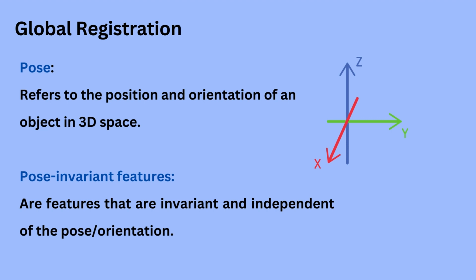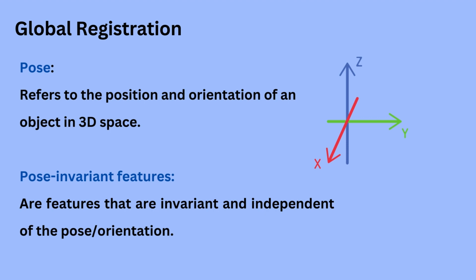A pose typically refers to the position and orientation of an object in 3D space. This is often represented by a combination of translation, which is simply 3D coordinates, and rotation, which are the 3 angles, forming a 6 degrees of freedom pose. And to stitch those two different point clouds together to reach the correct global minimum space, we need to find pose invariant features, meaning features that are invariant to that pose, as they will assist in matching those points together that have matching features